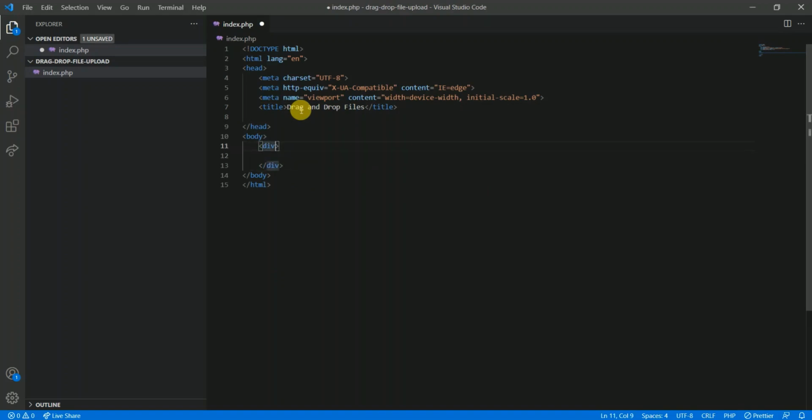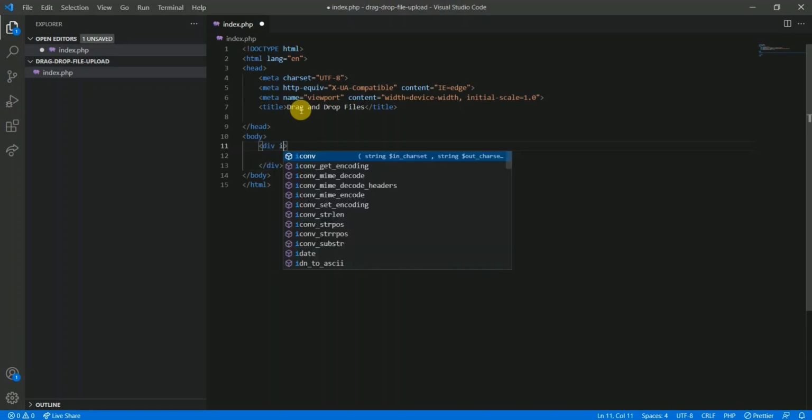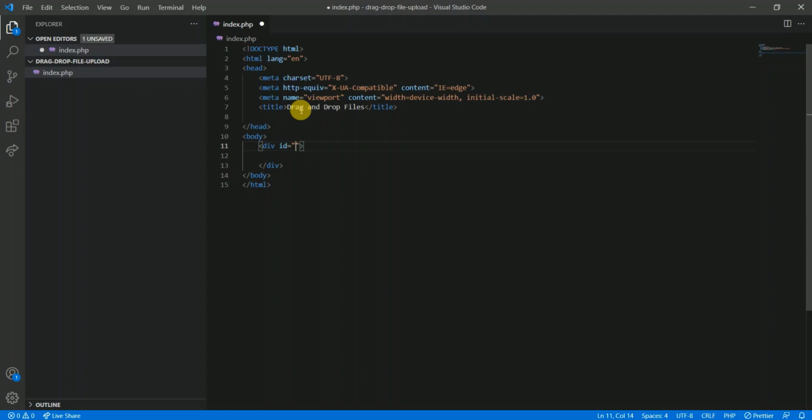Div. As soon as we drop the file in this div container, it will call this upload file method.